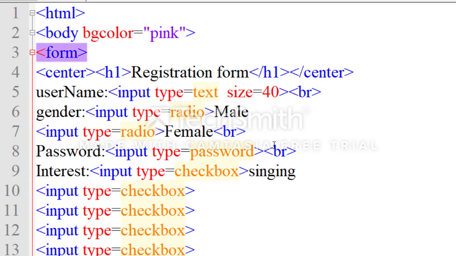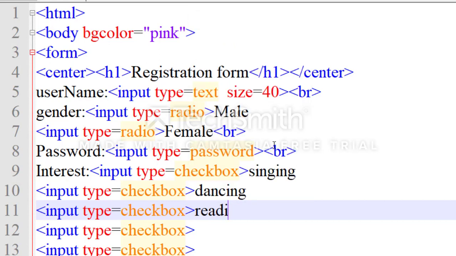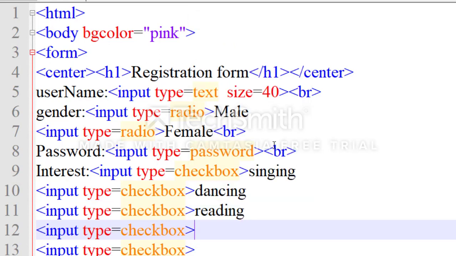In the first line I have written the checkbox swimming, then dancing, then reading, then singing and then clicking.